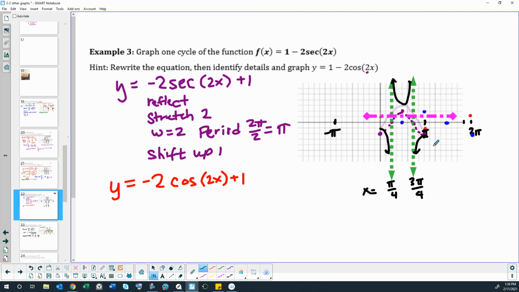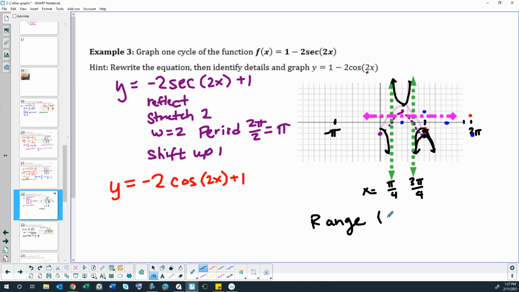If you want to, you could do a whole other cycle so that you have your 2 cycles in 2 pi, or you could just do one fundamental cycle and that entire thing is going to go from 0 to pi with asymptotes at pi fourths and 3 pi fourths. We've got our minimum value here at 3 and this maximum, oh, I put that in the wrong place, it should be up there. And that maximum value at negative 1,